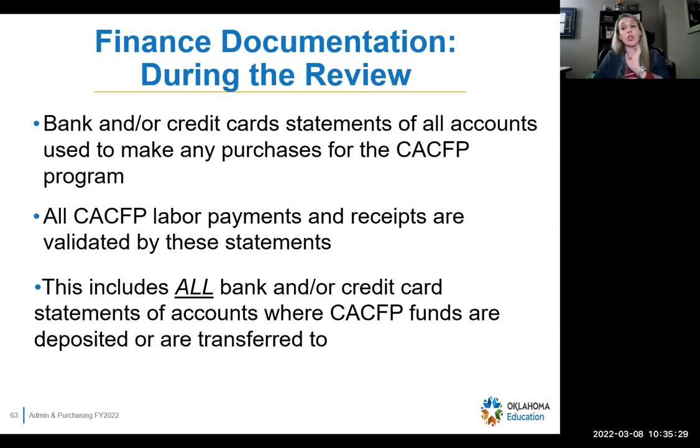So again, when we come out, I'm going to quickly finish this and then we'll talk about the break. When we come out to look at your receipts, we're also going to look at all your bank and credit card statements of all accounts that you use to make purchases for the CACFP program. All CACFP labor payments and receipts, we will validate by pay stubs. We have some independent centers who say, well, this is my personal credit card. But if you're making purchases for CACFP, we have to see the statements. We have to validate